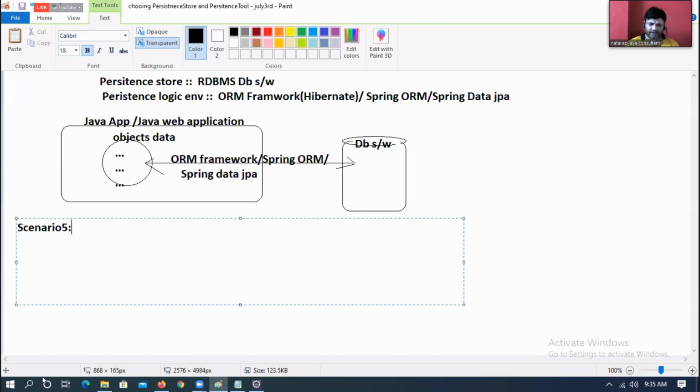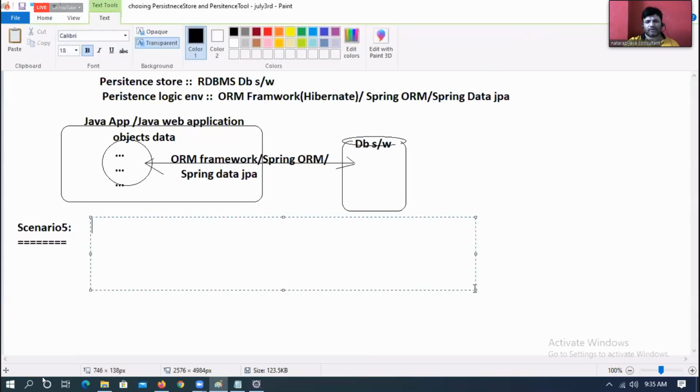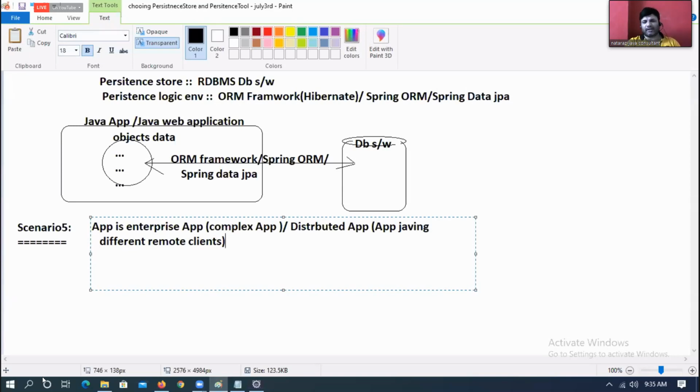Scenario number 5: the application is an enterprise application, that means a complex application or distributed application, having different remote clients.